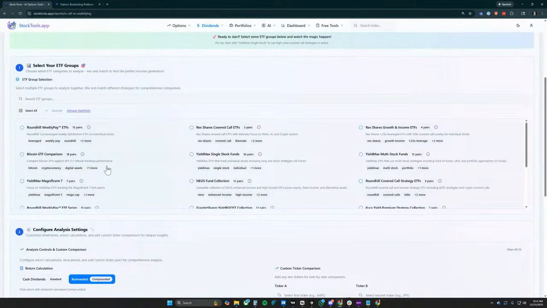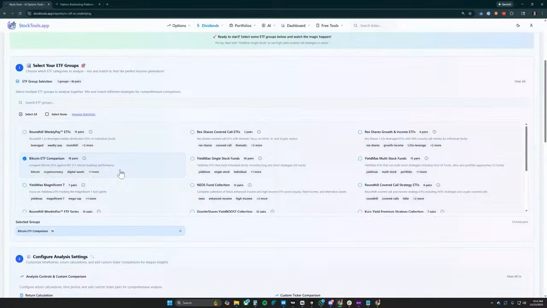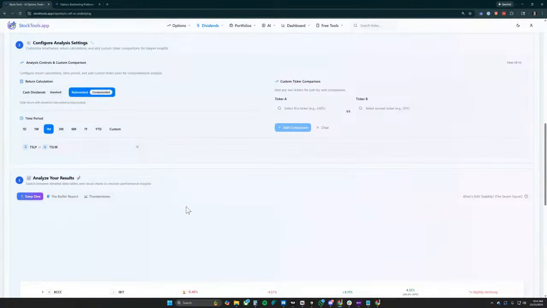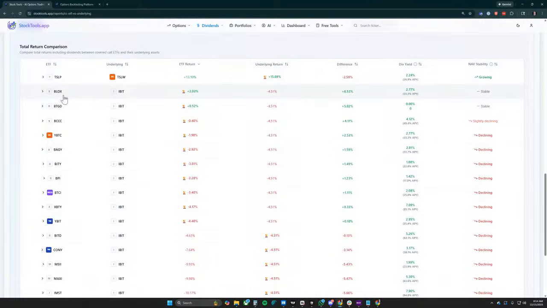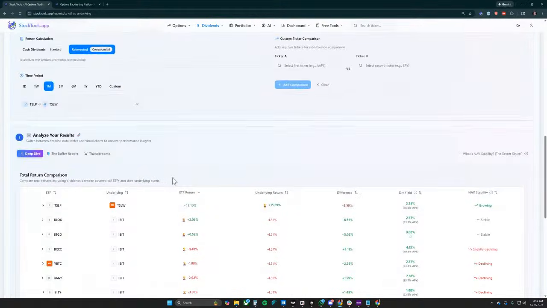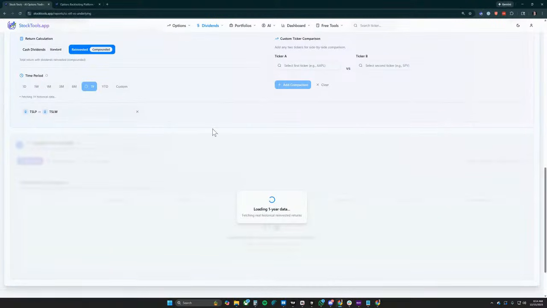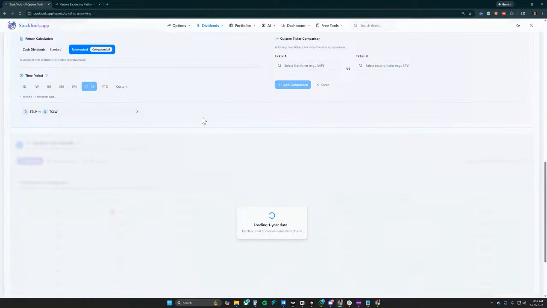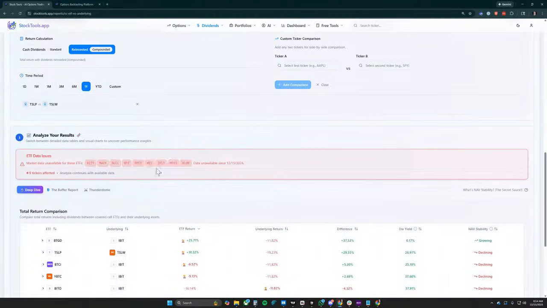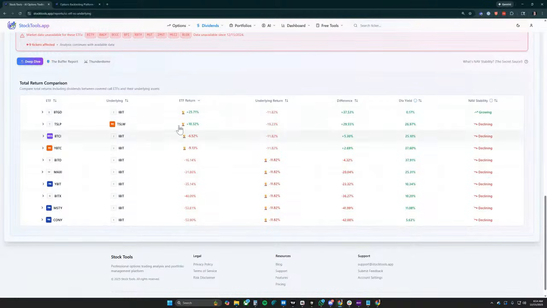Yeah, these are just pre-populated groups that I've created, so if somebody wants to come in and see all the Bitcoin ones, you can see BLOX versus IBIT, BTG versus IBIT, etc. You can actually go back pretty far on these too. We're just looking at 1 month, but we can go back to a full year. Some of them are going to be red because we have so many new funds right now, so that doesn't have data. But we can see, over the last year, BTGD is doing really well, of course, because of gold.